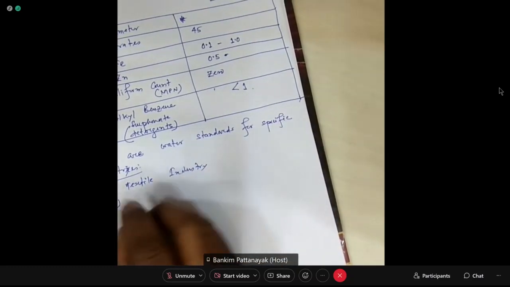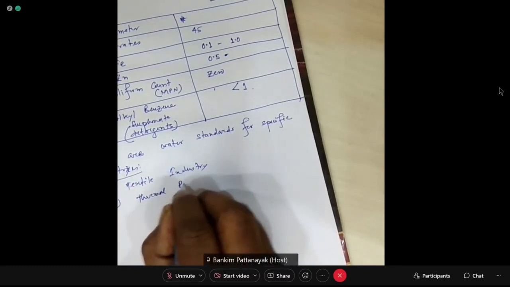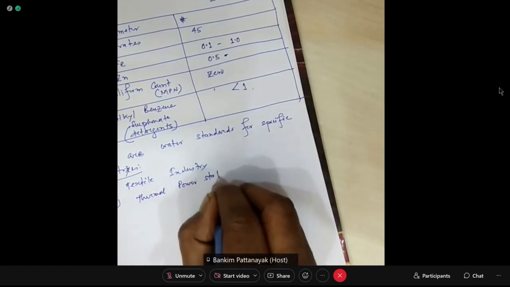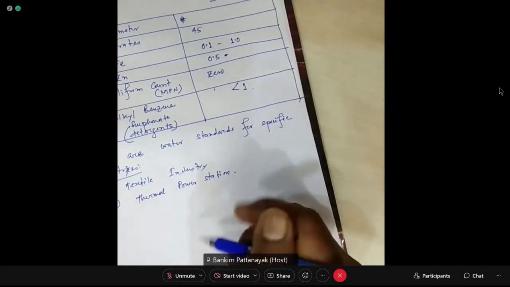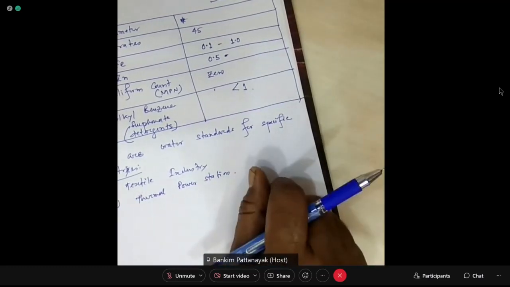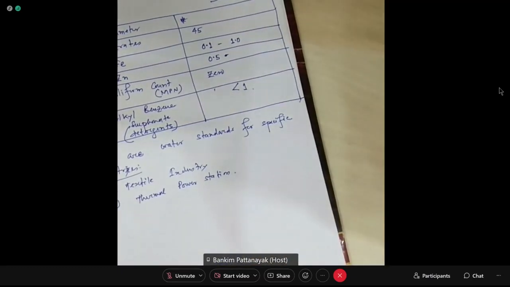If you are using water for a thermal power plant, there also you need a particular specification of water, because in thermal power plants you need the exchange of heat between the water and the materials. Now, if the piping and the boiler drums are having high